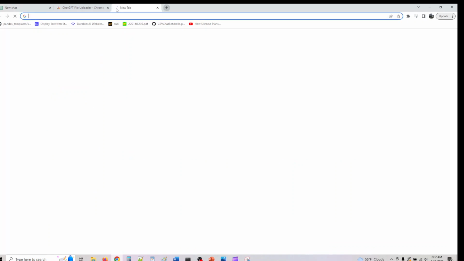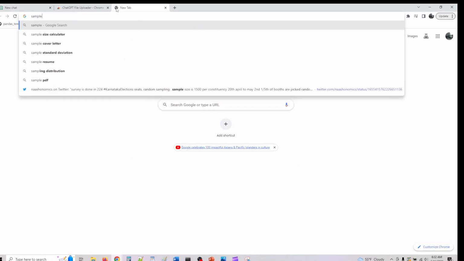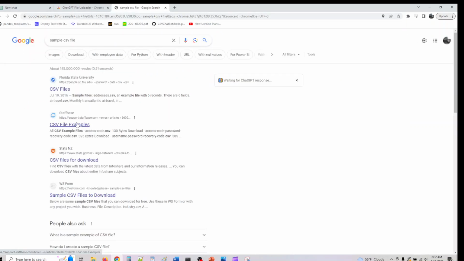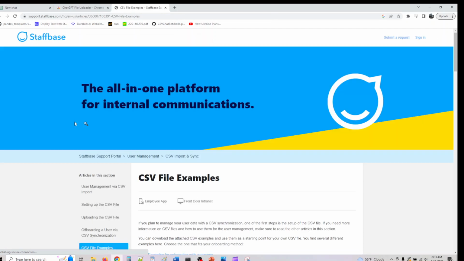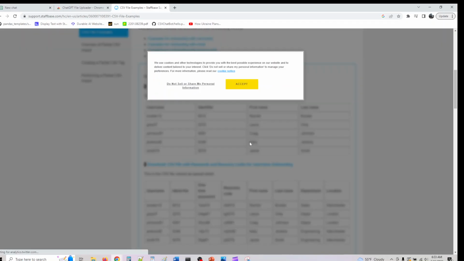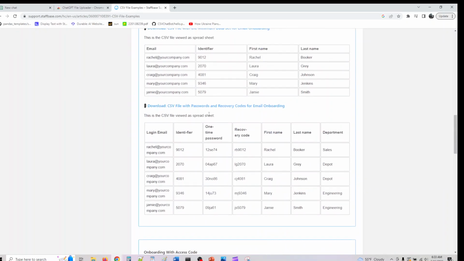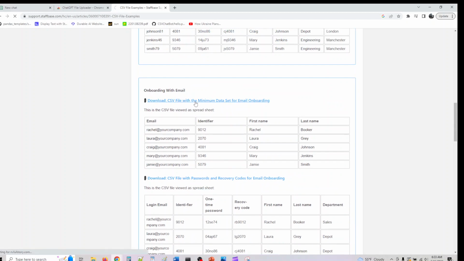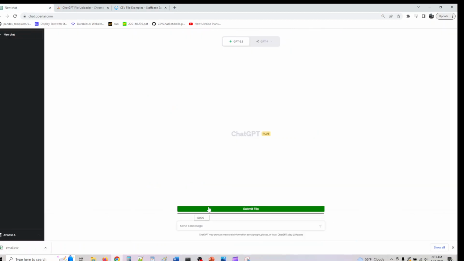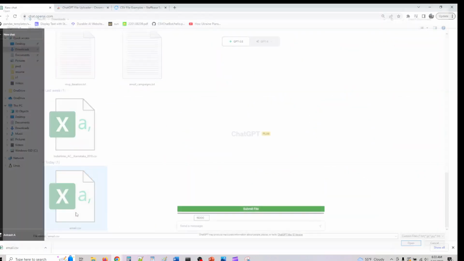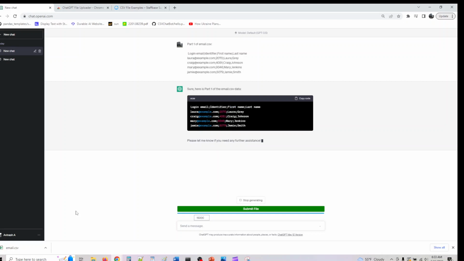Okay, let me save some sample CSV file from the internet. Okay, so let me try saving one of them. Okay, so I've downloaded this file. I'll attach this for you. You can use it. So this one is just for testing, so you can actually try it on any data set. It should work. So yeah, so if I look at this,